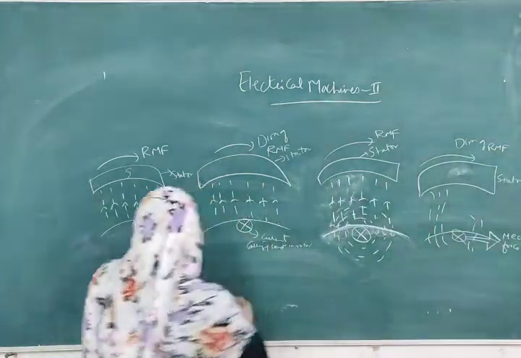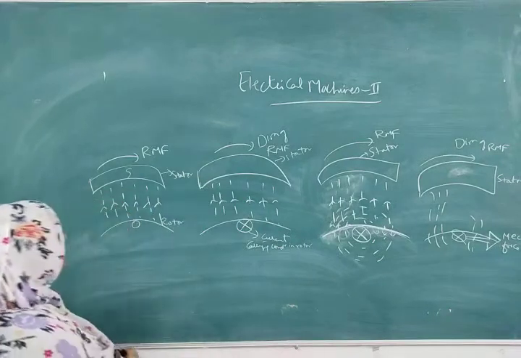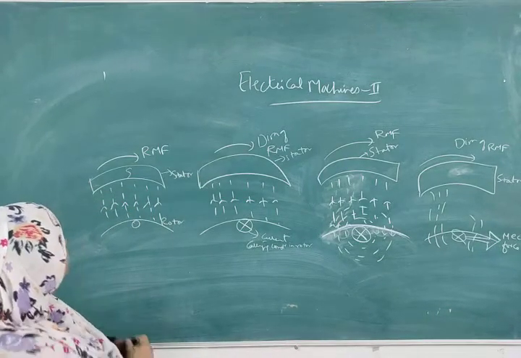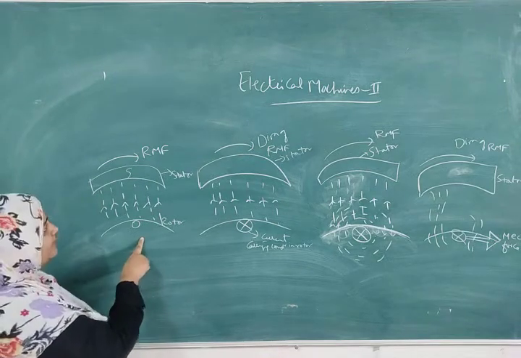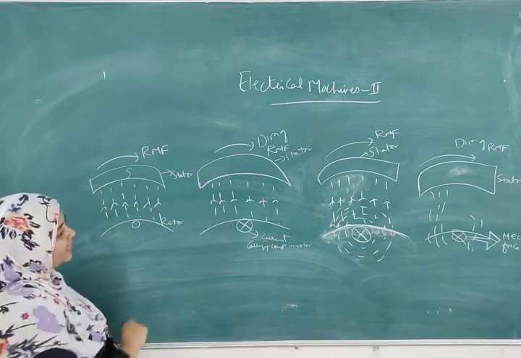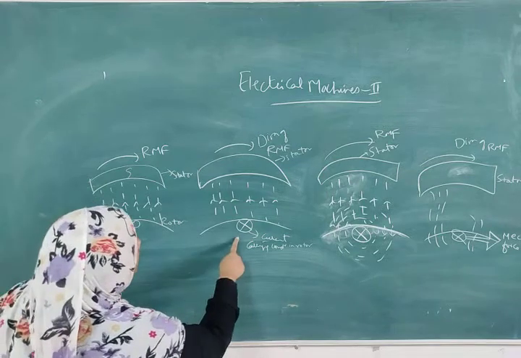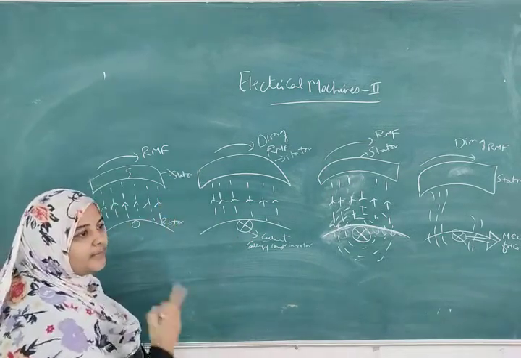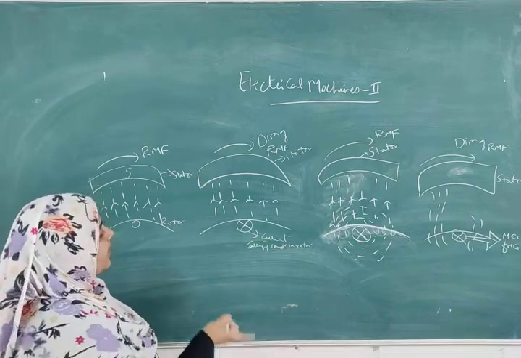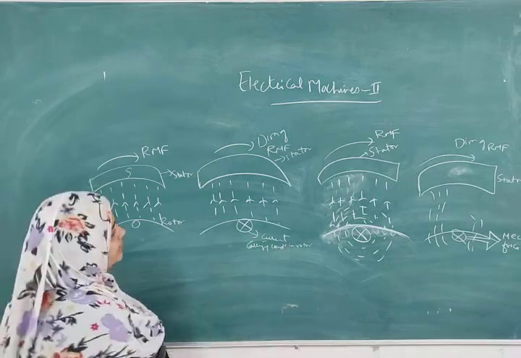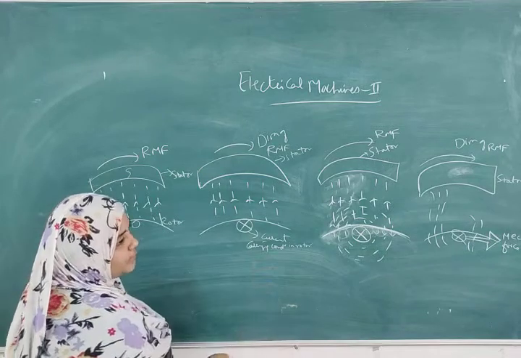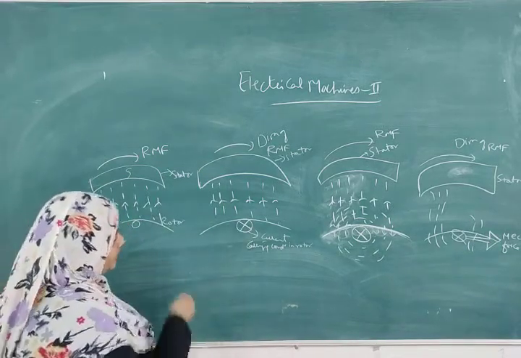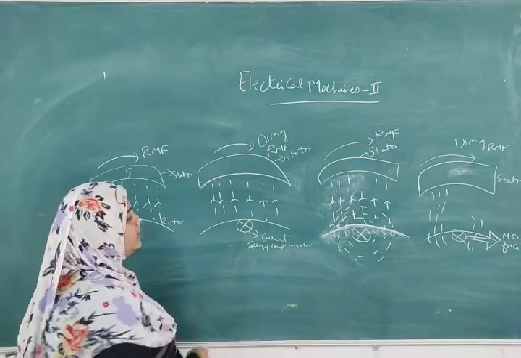So according to Faraday's law of electromagnetic induction, whenever there is a change in flux linking with the conductor, EMF will be induced. So the first diagram is showing the direction of RMF, that is clockwise direction we are assuming. Then in the second diagram, what is happening? RMF gets interacted with the rotor conductors. So EMF is getting induced in the rotor conductors. Hence current will flow in the rotor conductor because rotor is a closed circuit. So for this current carrying conductor, we are assuming the direction to be into the plane of the paper.